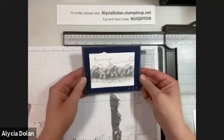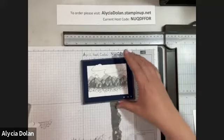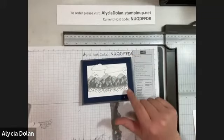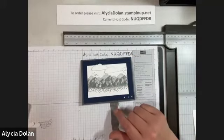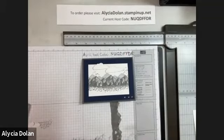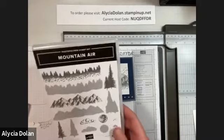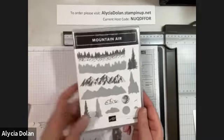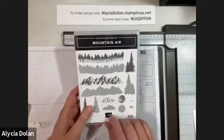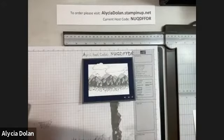Okay, and then, so there is my card. And you could do this with all different colors. I just thought this was a great set. And if anybody was interested in it, I would show you tonight before you can't order it and get the discount. So again, this is the Mountain Air stamp set,